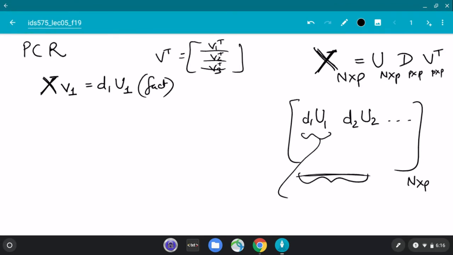You can actually drop V and say d1 times u1 is the first column, d2 times u2 is the second column, and so on. So it's just a U times V transpose matrix, and you're changing the data matrix into a linear combination of these vectors instead. The more succinct way to say this is you're just changing the basis. Look at the linear algebra refresher to understand change of basis. The original data had the usual coordinates, first feature coordinate, second feature coordinate. In the new one, we change the basis by using these V's, which are the principal component directions.